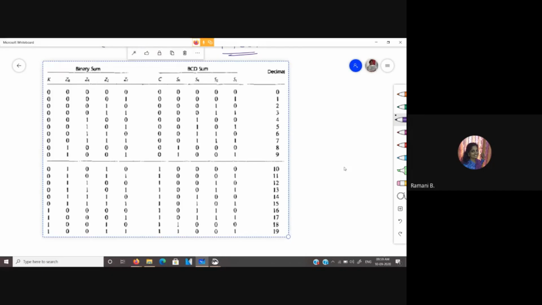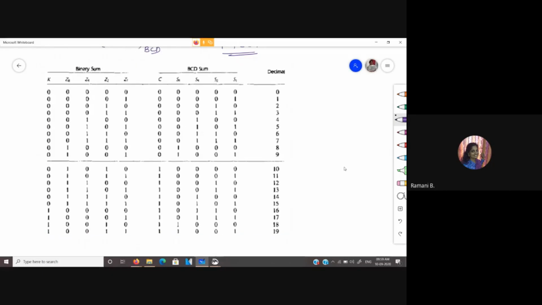So here in this table, I was mentioning the maximum sum with respect to adding two digits is 19. So we have written all the possible values. This is in case of decimal representation, and this is the representation in corresponding binary and BCD.